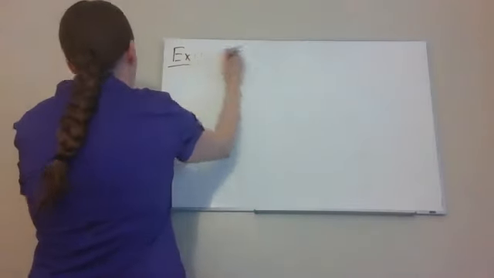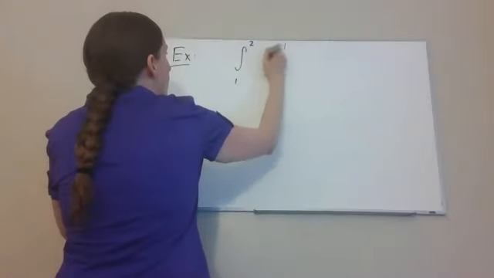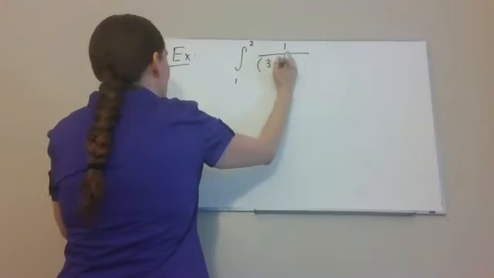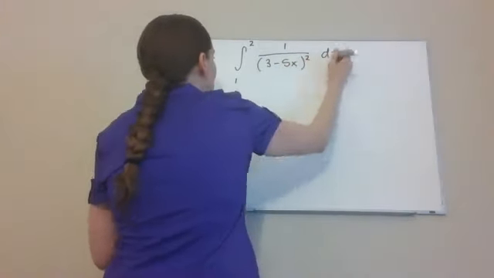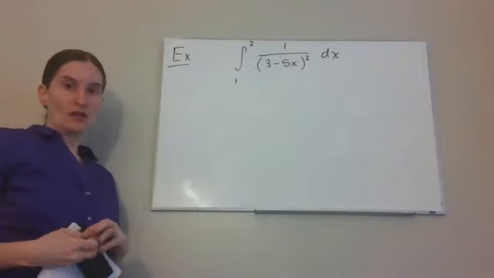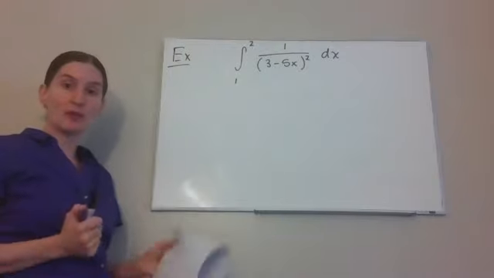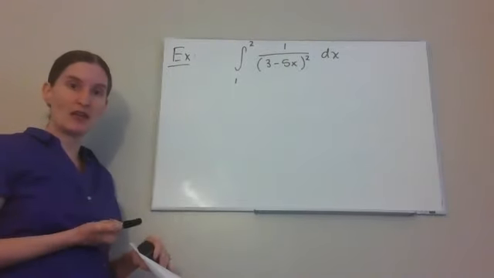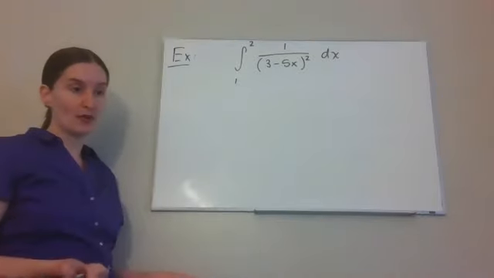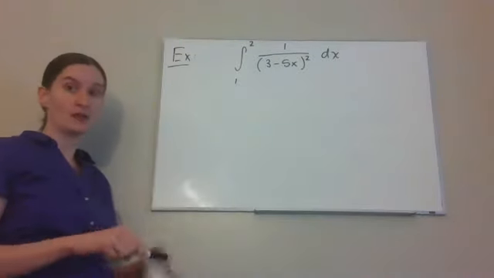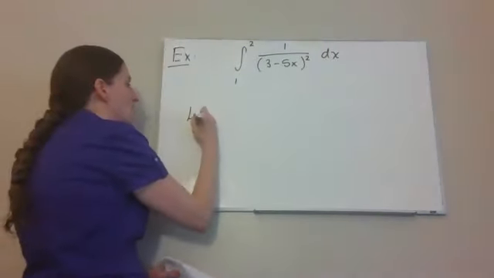Our first example, we're going to have the integral from 1 to 2 of 1 over (3 minus 5x) squared dx. So notice I have a bunch of stuff inside those parentheses. Remember from when we did u substitution with indefinite integrals, I suggested that you use u equals the stuff in the parentheses anytime you have parentheses in a problem. So that's where I'm going to start. We're going to let u